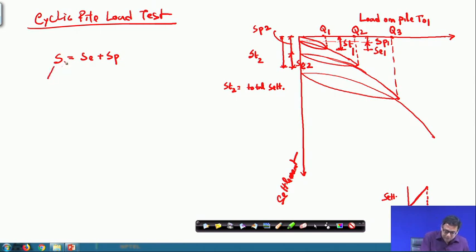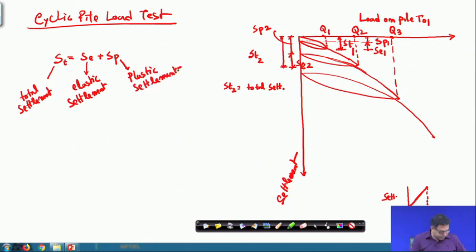So, S, or you can write ST. ST is the total settlement, SE is the elastic settlement, SP is the plastic settlement. Now, this total settlement I can write in this way, that is del L plus SB. Now, what is del L? What is SB? So, the total settlement that I am getting, I do not know